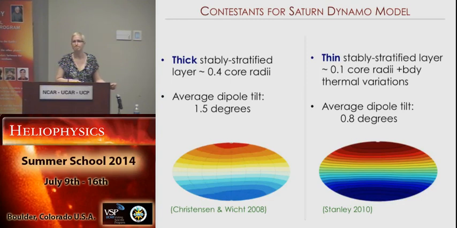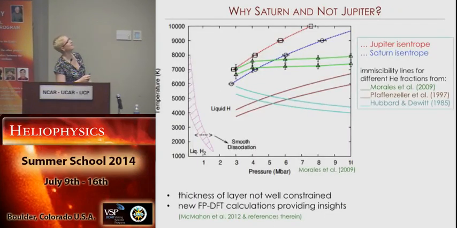Yeah? Oh, I'm so happy you asked me. So the question was, why doesn't this happen in Jupiter? My next slide: why Saturn and not Jupiter? The short answer is because Saturn is a little bit smaller and further out, and therefore a little bit colder. The long answer is this boundary where you start getting helium dissociation, this immiscibility layer, depends on pressure and temperature,